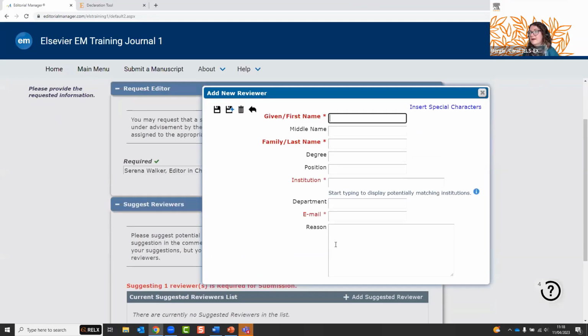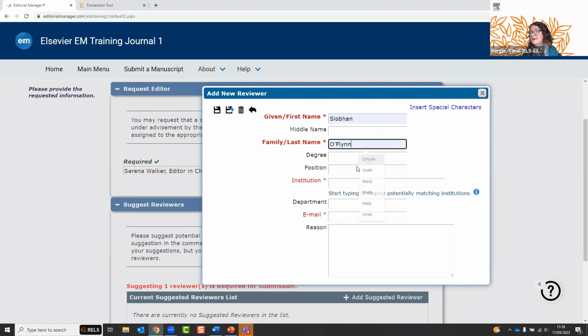When you do that, you'll see that you need to provide the reviewer's name, first name, last name, institution, and email address. And then there are also other optional fields, such as their position, department, and also a reason. So you may wish to provide a reason for why you're suggesting them as a potential reviewer for your paper. So I'm just going to quickly add a